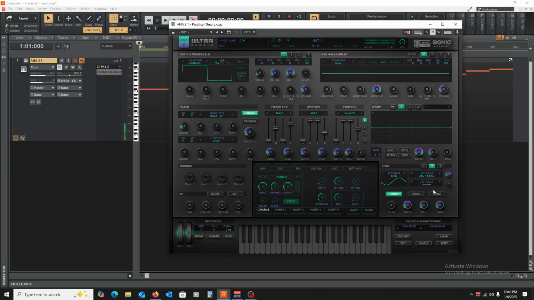All right, and we can control that completely independently. And so, again, just a way to make your sound change over time. I'm hoping that this is all making sense.